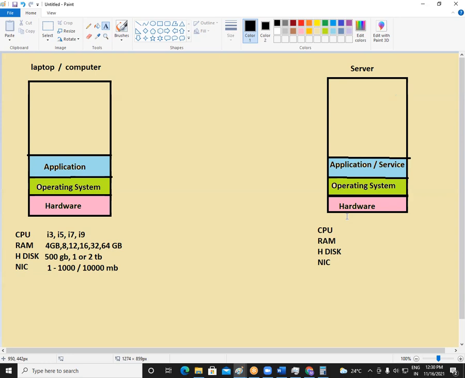Tomorrow we will see what types of operating systems we have and how to install an operating system in our server or computer. This is one of the most common works we do as an administrator in any network, installation of operating system. We have just seen many servers, right? And in every server there was one thing which was common, and there was no operating system included. That means when you take a server, it will come just as a raw machine. It will just come as a hardware machine. There will not be any operating system. The operating system we have to install, and how to do that installation, that is what we will see in the coming 2 classes.